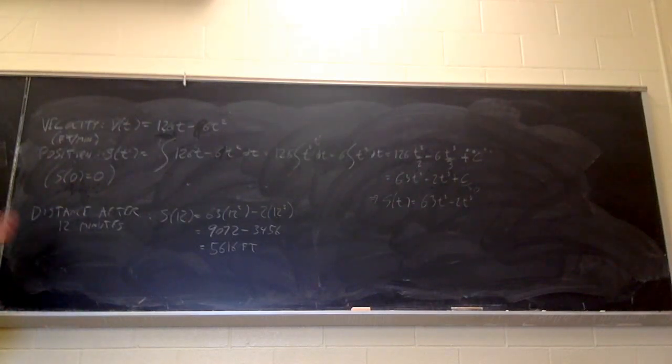So once you have your position function, then you can just substitute whatever value of time in there to obtain the total distance traveled after that amount of